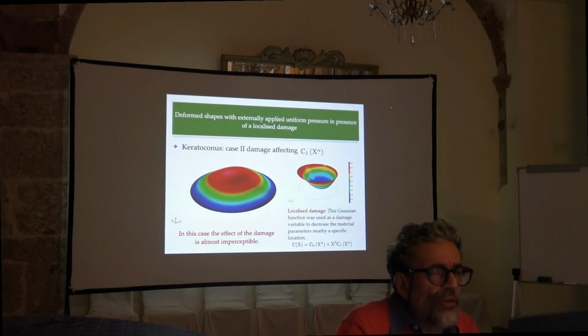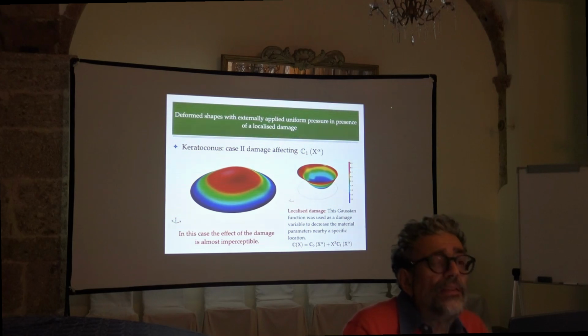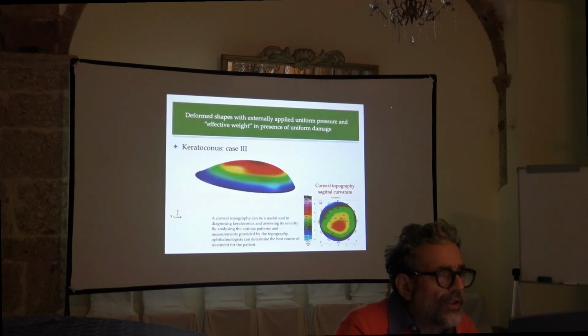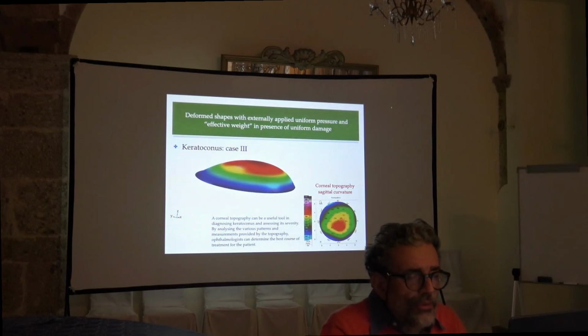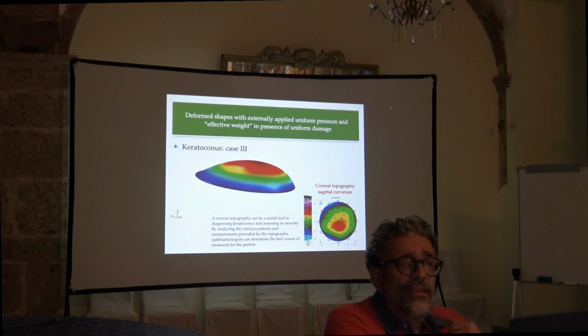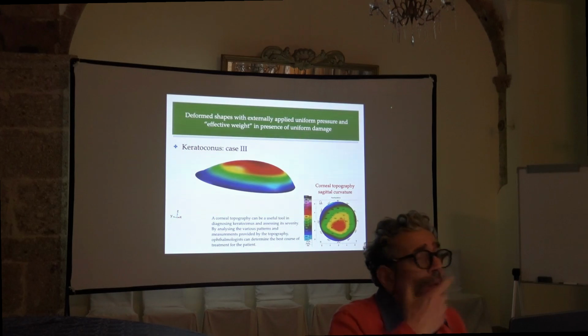Okay, then we have discovered that if the damage affects C1, you don't see any effect on the cornea. So the damage must be related to C0, not to C1. Okay. Then we invented an effective weight. I must tell you that we estimated the weight of the aqueous humor and the cornea, and this weight alone cannot justify this effect we see here. However,